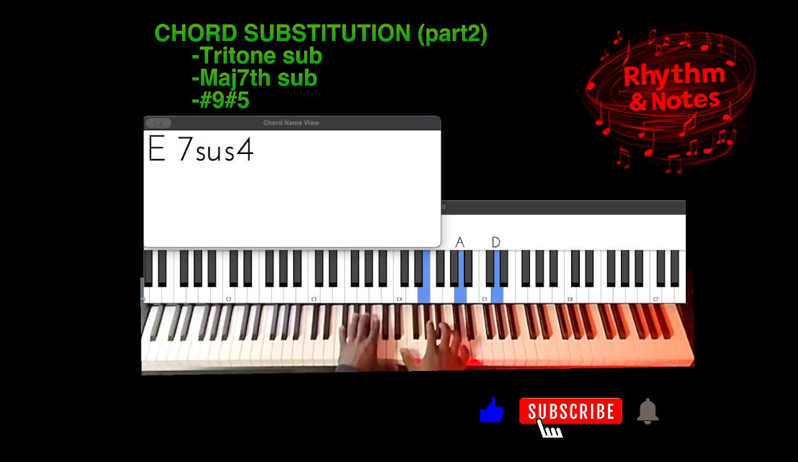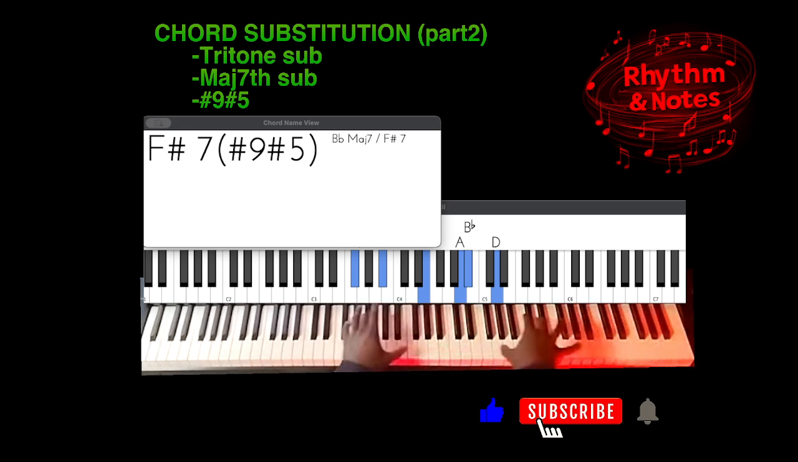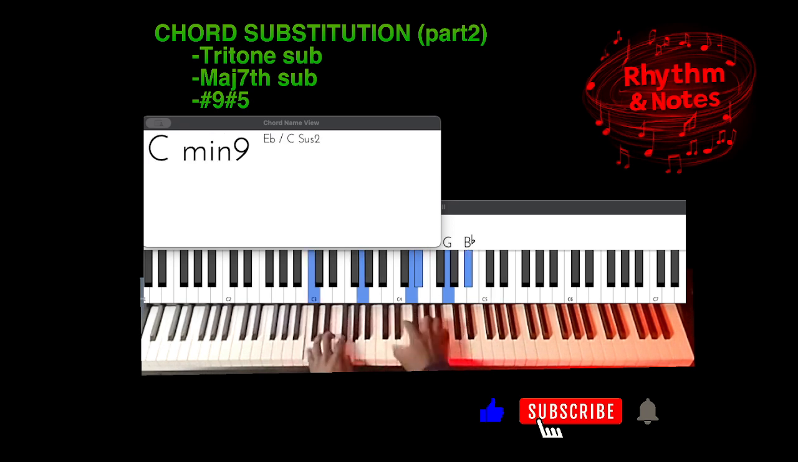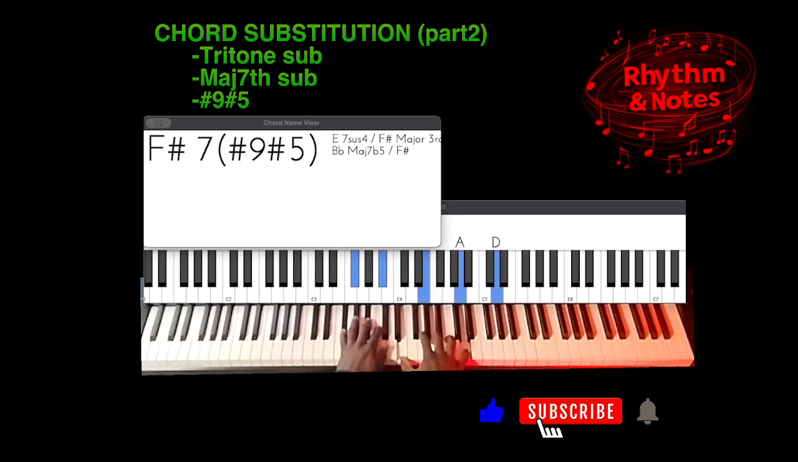Very easy formula. And I suggest you do that with every single note. Form this chord with every single note as your roots, so you can get comfortable. All right, so we have this, and then another